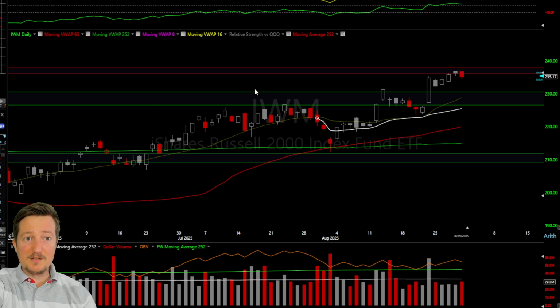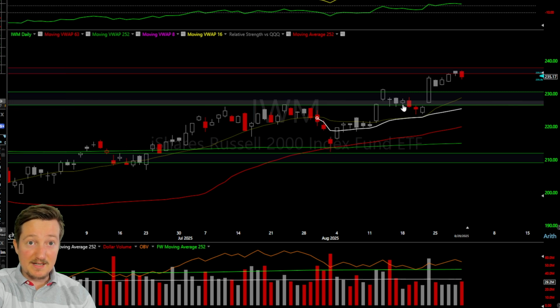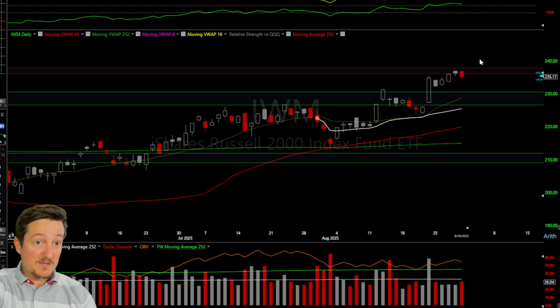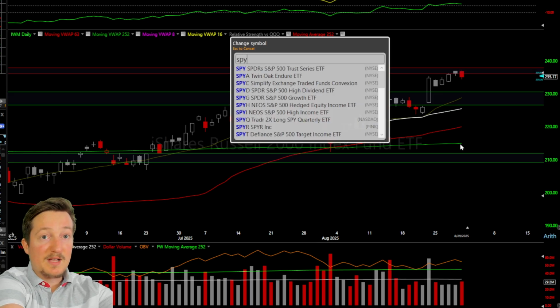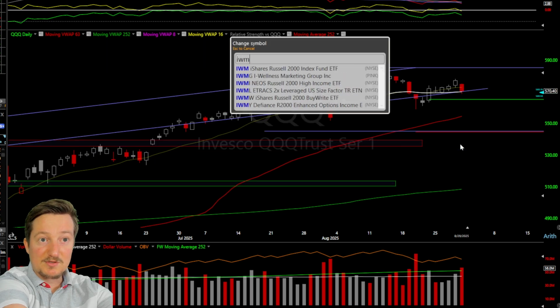So small caps are kind of insulated a little bit from the economy and from bad news on the economic front because they're so tied to rates. So we're seeing a lot of strength in small caps. And as you can see here, this is the first down wave that every market, as we've seen, pulled back on. And then this down wave as well. But look at this. It's making new highs. So if we go back to the S&P 500, it's making new highs versus the S&P and Qs. It's much, much stronger than the Qs.